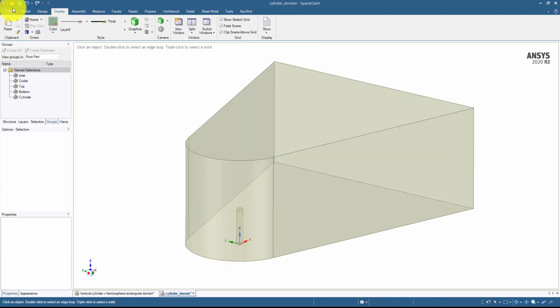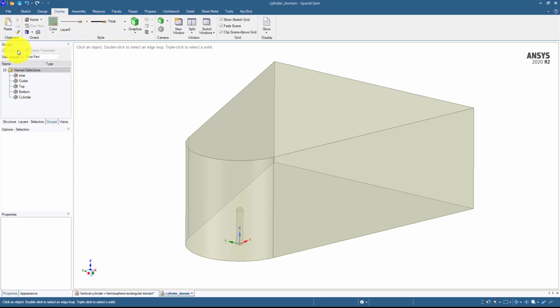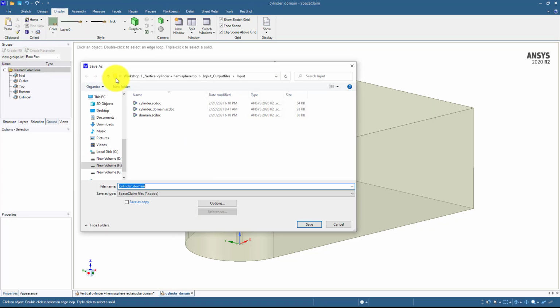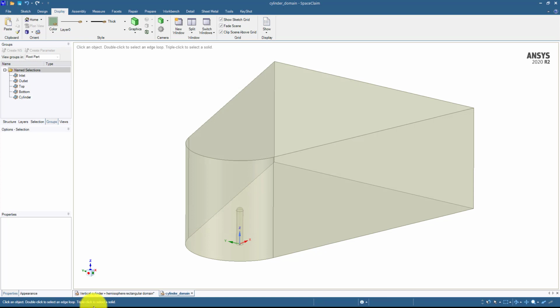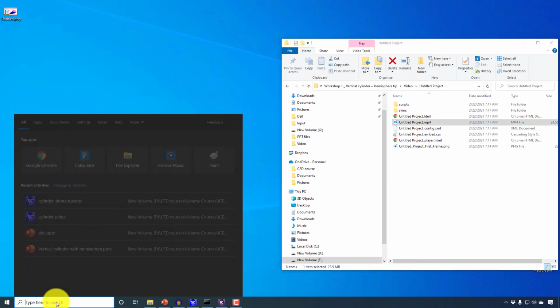For example, I save this model with the name cylinder domain, and I will save this geometry in some other folder so that we can apply operations here. And here I'm going to open ICEM CFD from the start menu.